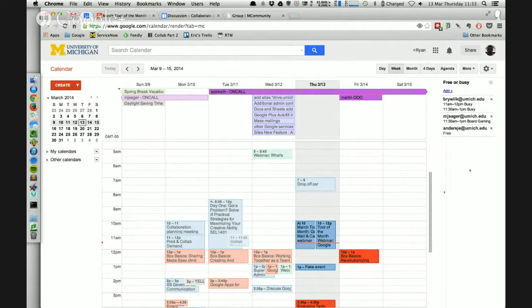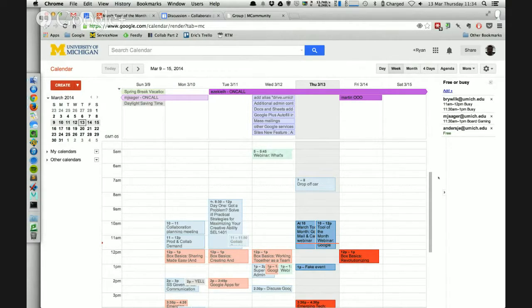This respects the share settings of their calendar to you. So for instance, Bry Wilk here, I can see his calendar by default as just free busy time, and he has not shared any details with me. So I see that he has blocked off time, but I don't know where or for what. Martin, on the other hand, we've shared details with our calendars with each other, so I see his 11:30 to 1 board gaming item on here, and maybe I know where that is, or maybe I can get some context around that, and I can quickly address Martin either by instant messaging or in person.